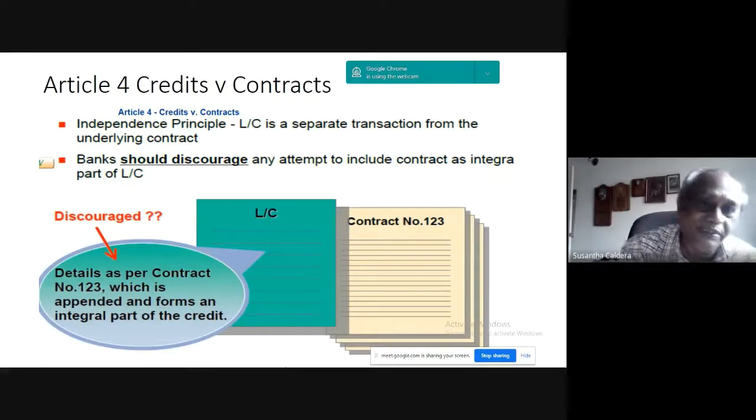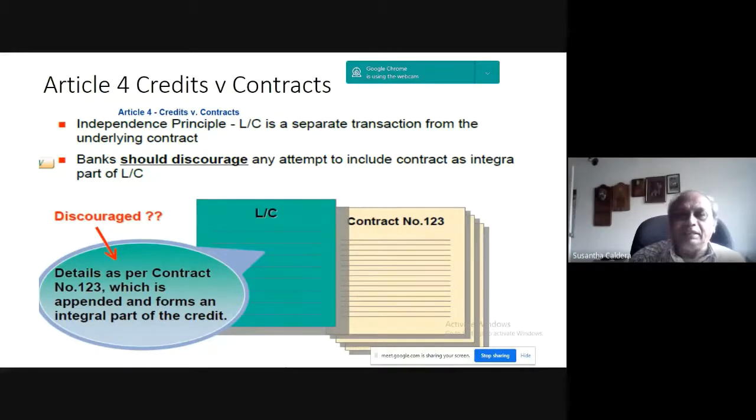Article 4. Credit versus contract. Independence principle. We call it the independence principle in the LCs. Right? The LC is independent from the documents. The independence principle. The LC is a separate transaction